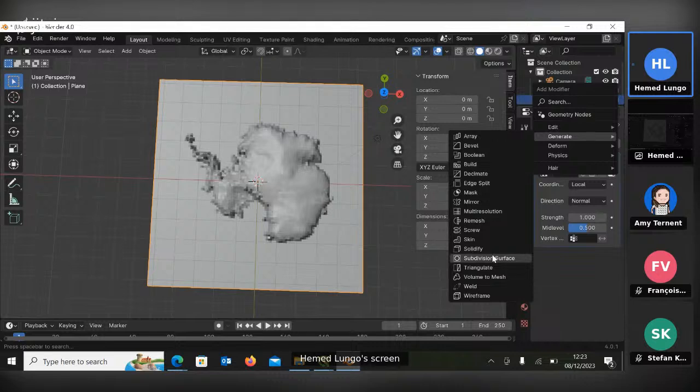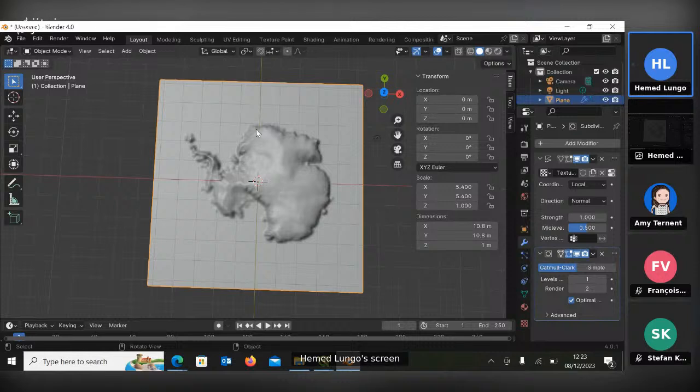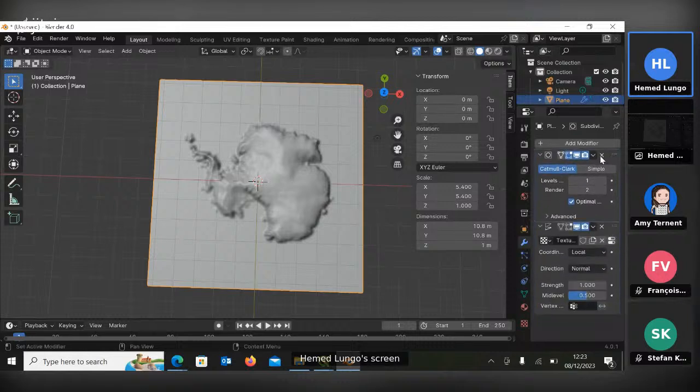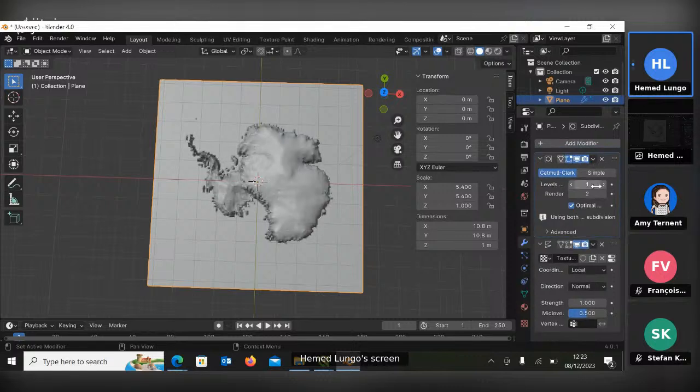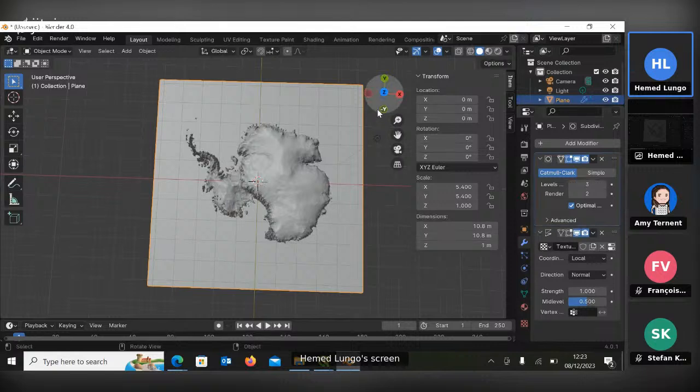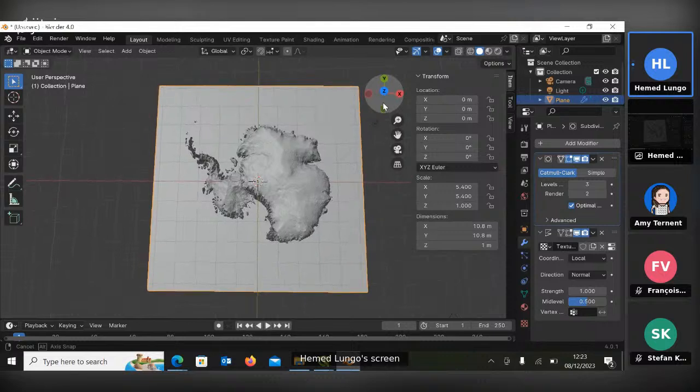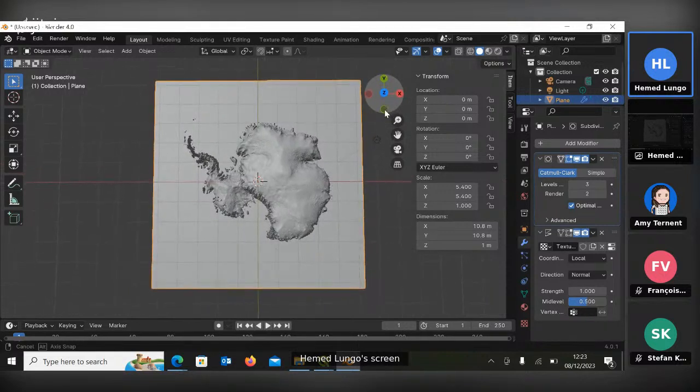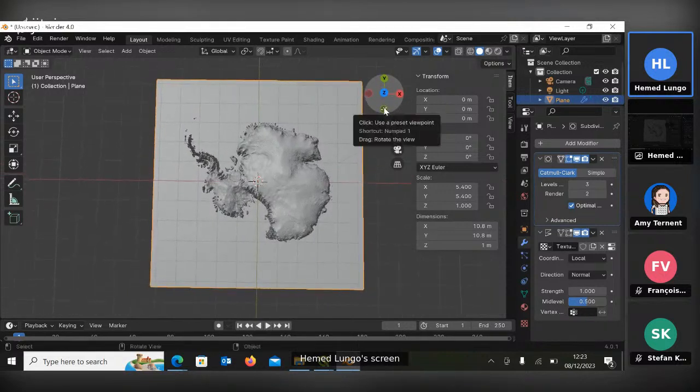Okay, it might take a long time. Yeah, now it's a little bit smooth, you can see. And then I'm going to put it up, and then I'm going to levels. I'm going to just write 3, yeah, now it's clear. You can see now it's really clear. Cool. After that, then